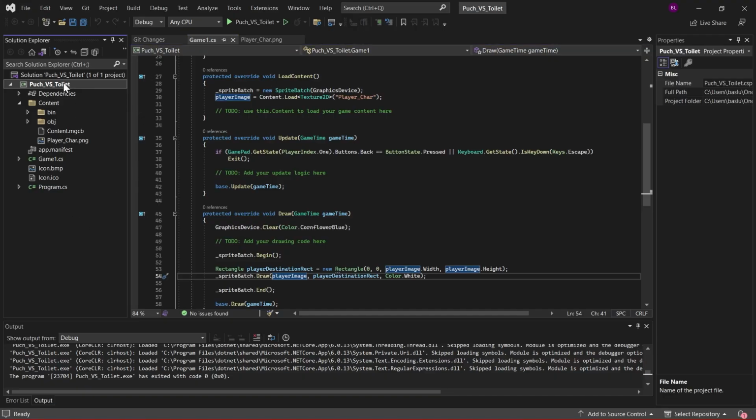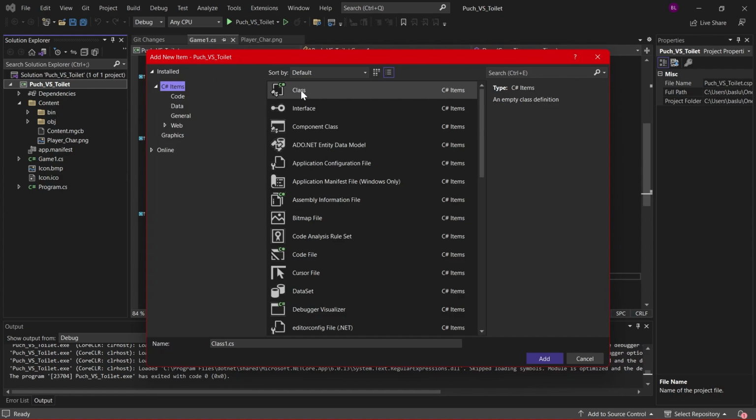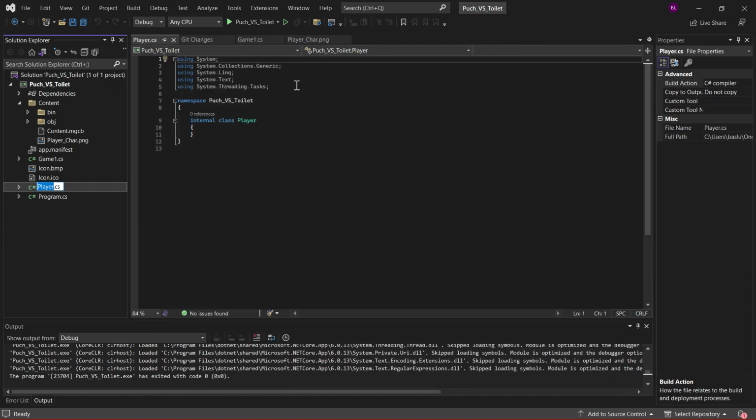To do that you must select the project, in my case the project name or your own, and go to add new item, and then you must select the class and give it a name. In this case it's gonna be the player class. Inside the player class you'll see they have added a few using statements and the namespace and an internal